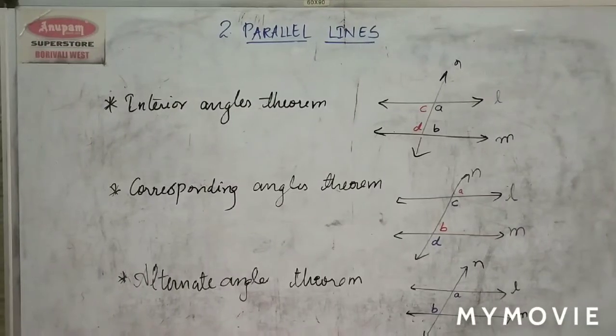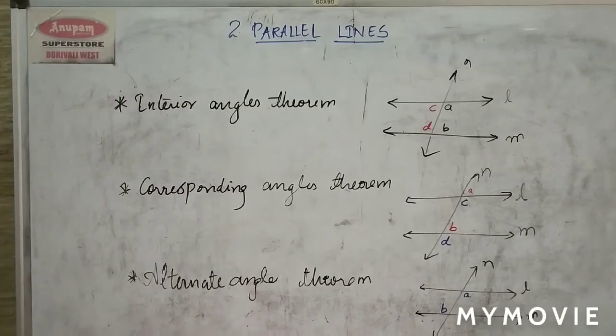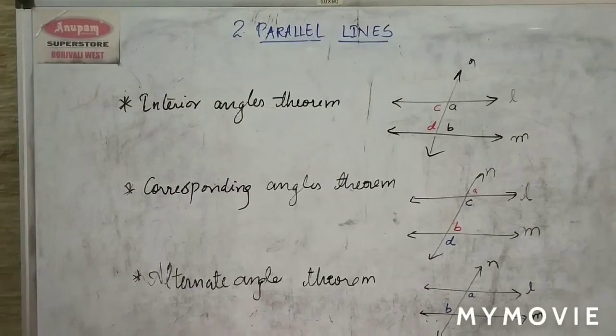Today we are going to solve practice set 2.1 of chapter 2, parallel lines. But before we start practice set 2.1, let me revise the properties that you need to know to solve this exercise. The three main properties that you need to remember to solve this exercise are: the first one,